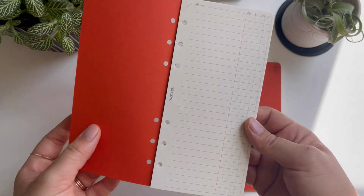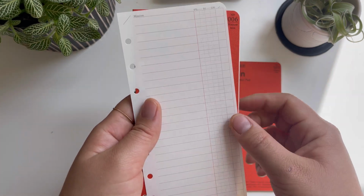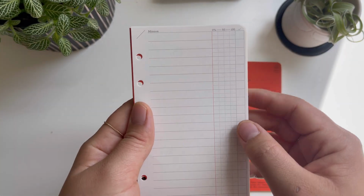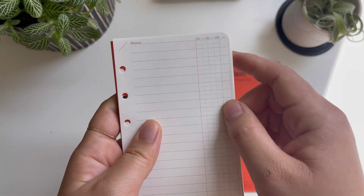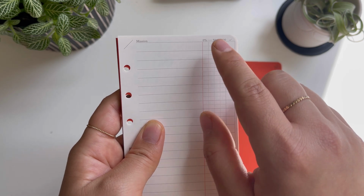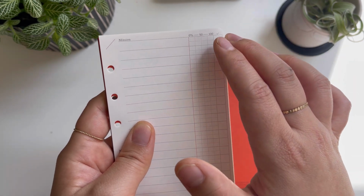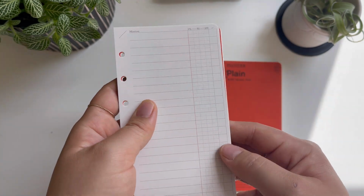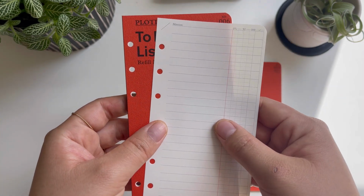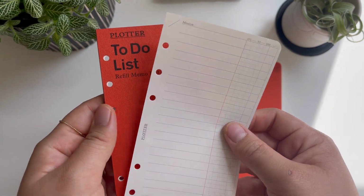What I love about it is its potential, its versatility. So how it's intended to be used is a to-do list. So you would put your task here, and then it breaks down what percentage completion you have completed for that given task. So you can keep a running tab till you eventually get to check that to-do off. So I definitely have used this as a to-do list, but instead of using the range here of completion of a